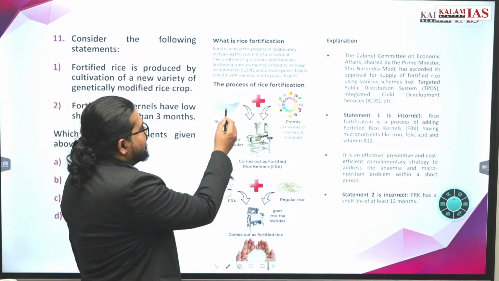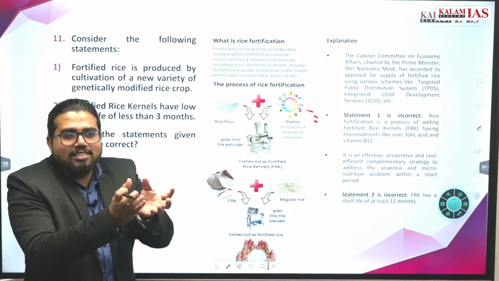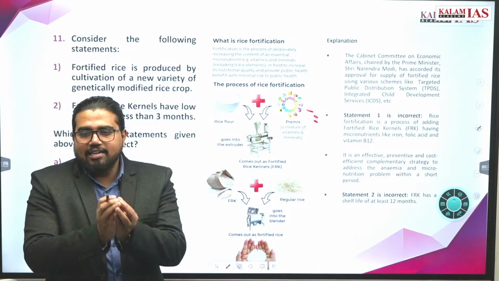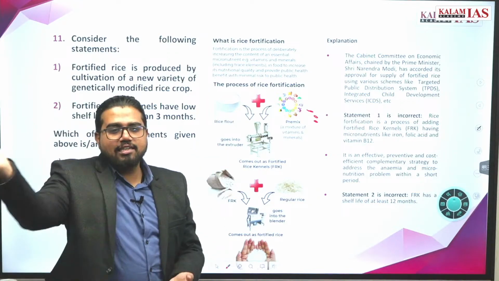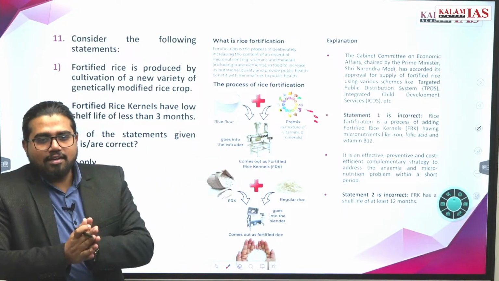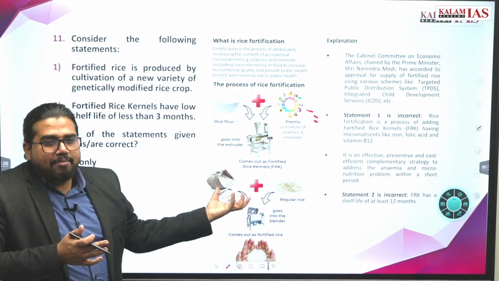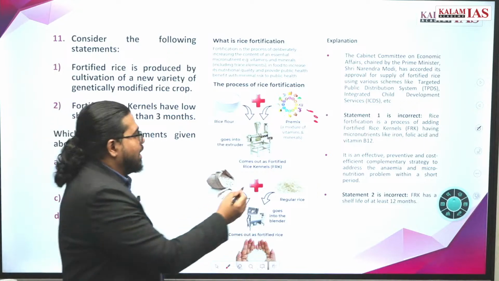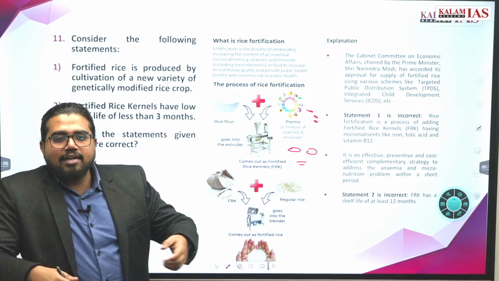This is rice you are having. You make some very rice-looking crops like that. It will have iron, vitamins, other micronutrients, and you mix it with rice and give it to people. There is no special name for the process, this is just the process. You make some live kernels of similar shape and size, then mix it with normal rice and give it to people.